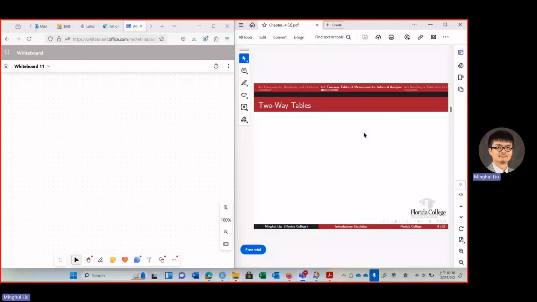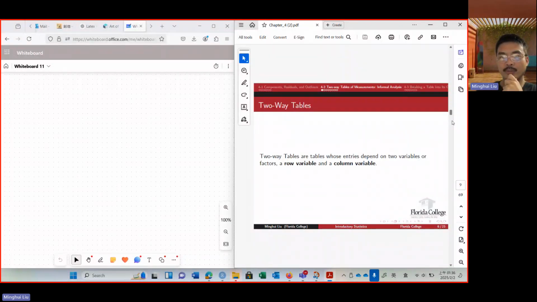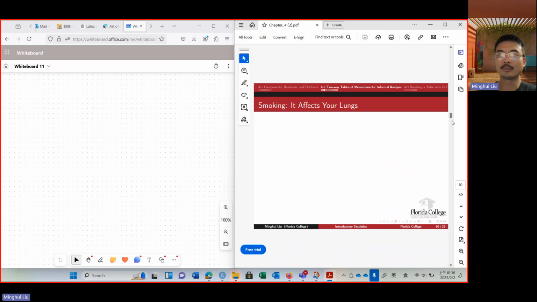Today we introduce two-way tables. What we mean by the two-way table is that now we give meaning to both the rows and columns. So there are two variables or two factors that determine the data. Our first example is actually about